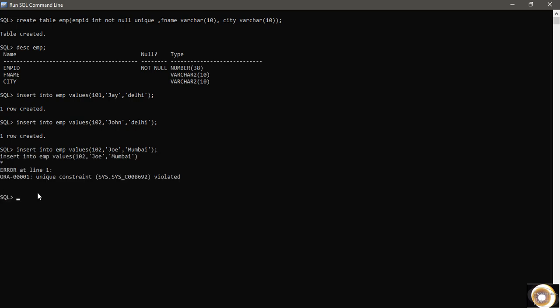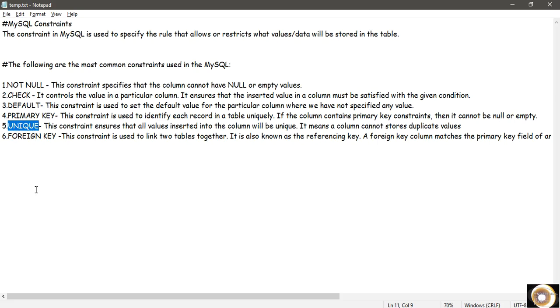Enter. Yeah, it is giving me an error that unique constraint is violated, meaning this 102 is already present. Employee ID should be unique. So if there are 1000 students or 1000 employees in my company or my school, while inserting a wrong value, the command line will tell me that I am inserting the wrong value. Why? Because the unique constraint is there. That is the advantage of the unique constraint. It saves me from entering duplicate values or creating redundant data.